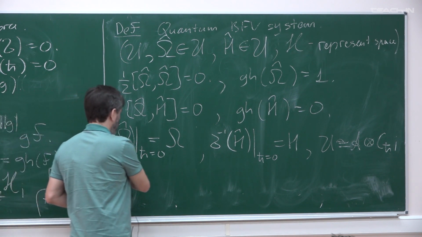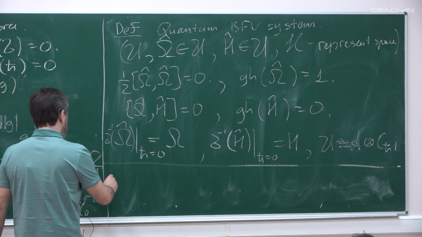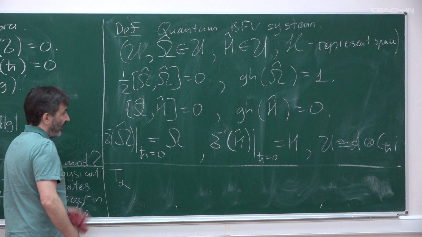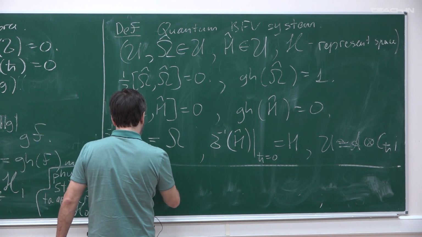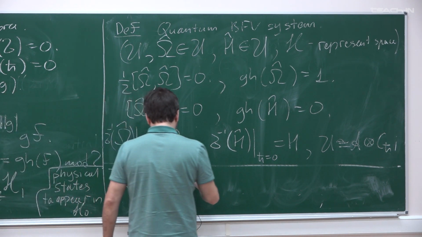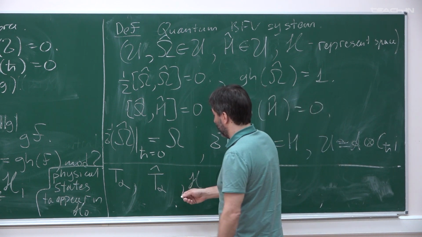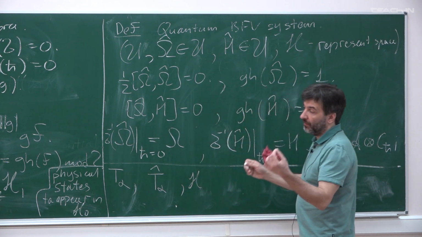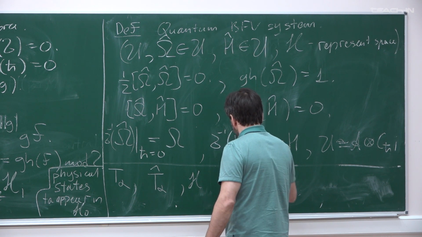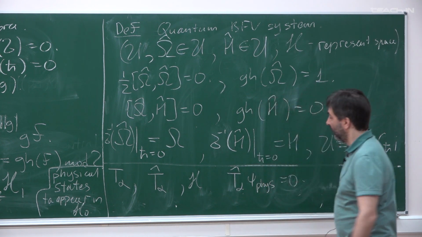Why is this not so trivial? Because we can think in a naive way. Suppose we have a constraint system, right? So we have our constraints on our phase space, and suppose we quantized our phase space. It means that we arrived at some quantum constraints, and there is a Hilbert space where everything is represented. So what we apparently want is to define the notion of a physical state. This is something like T alpha hat acting on psi physical is 0,